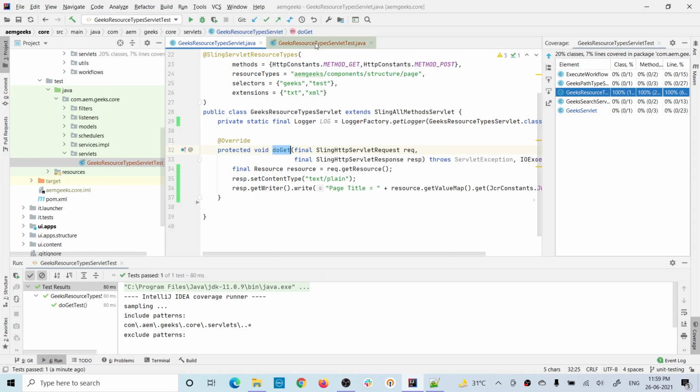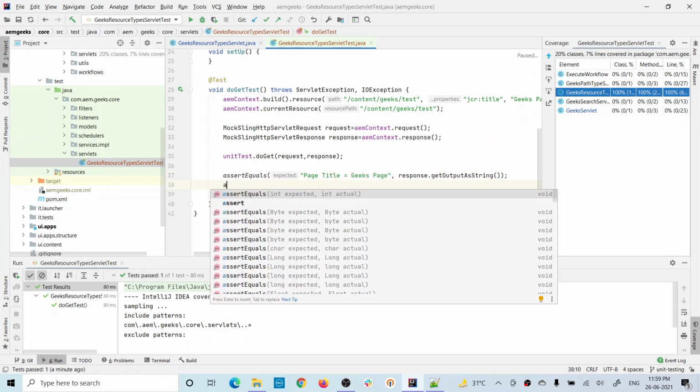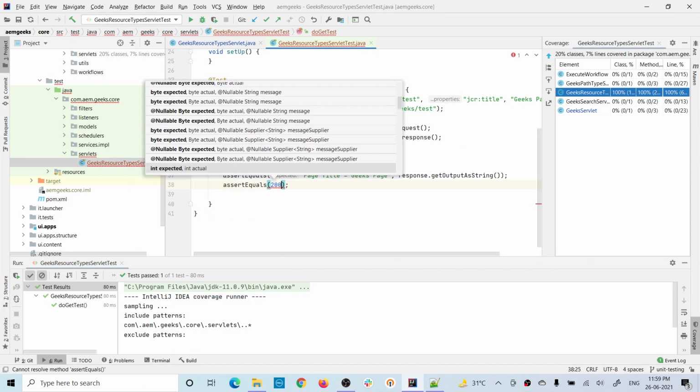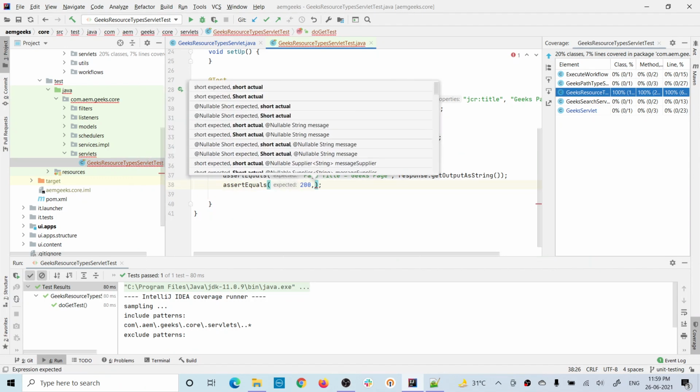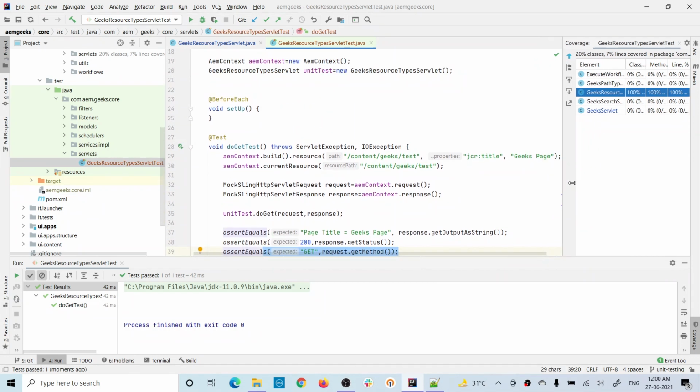Moreover, you can check the status as well. What is the status? Even by this line only we have covered everything there is in that method. But if you want to check something more, you can check the status. Let's say I'm saying my status is 200 if everything is right. So response dot status, if you need, you can check the response status, and you can check the method as well. Right now we have the get method. So that way you can check.